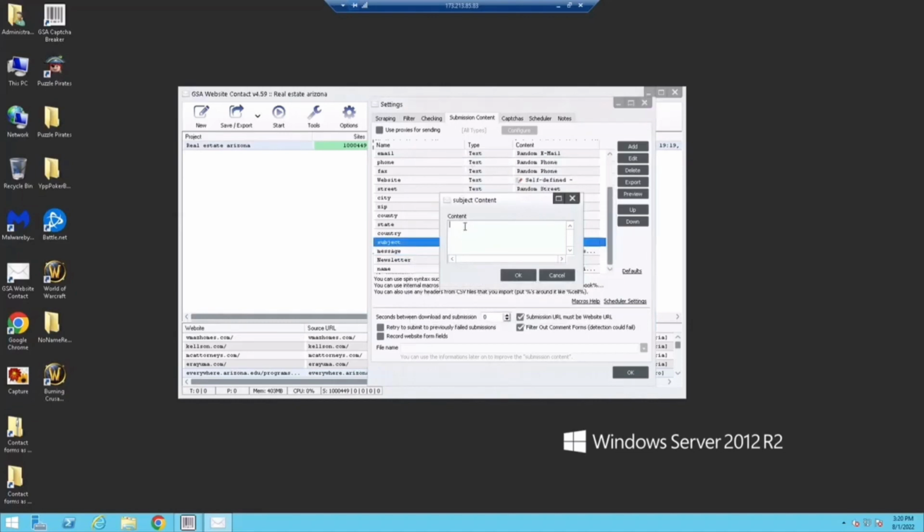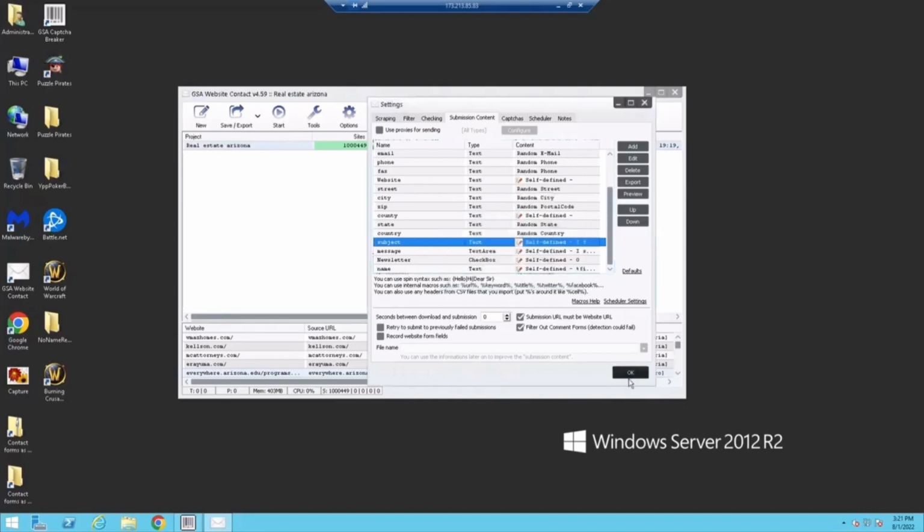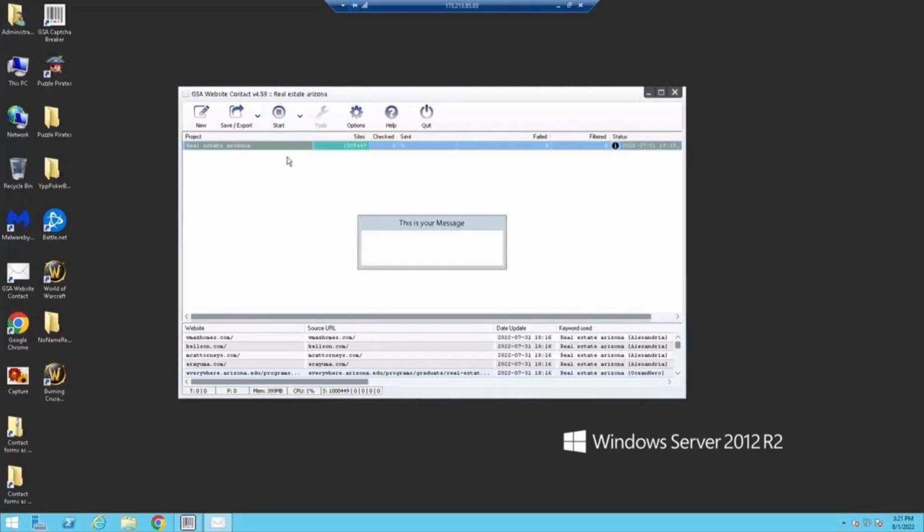A lot of people are asking me, Chase, what's the best message? Experiment. I constantly send new messages, and you want to see how many people are going to your opt-in, how many people are opting in, and how much traffic you're getting. I'll type in, "I found an issue with your website." Click on OK, OK, start, send,